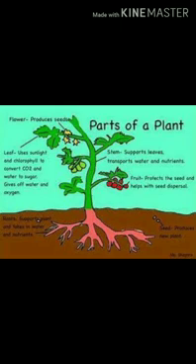Now see here, flower. Can you see this? Flower. What does the flower do? It helps the plant in reproduction. It reproduces the plant again. The flower becomes the fruit, and from the fruits we get the seed again. The one we put here in the soil becomes a plant, and then again it becomes a seed inside the fruit. So this is all a cycle, going again and again.